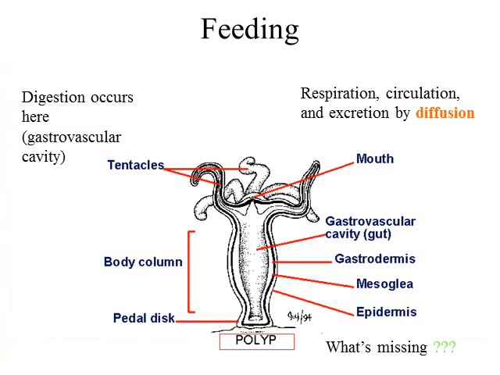All right, so let's talk more about feeding. How does feeding occur in these animals? Well, as we already mentioned, they get a mouth. They have tentacles, so they'll bring the food into the mouth. And then they have a gastrovascular cavity. And in this gastrovascular cavity, this is where the food will get broken down. Well, notice that there's something missing here. We said they have what's called a closed digestive